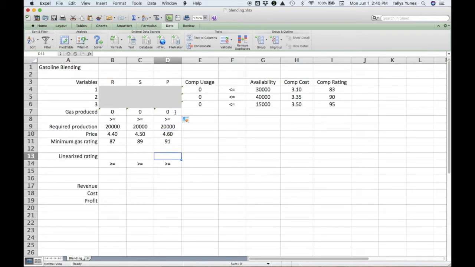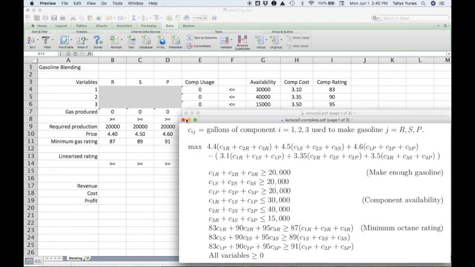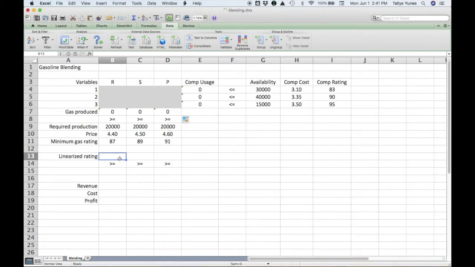Now, let's go to those linearized rating formulas. Remember that, let me go back to the math here. On the left-hand side, what did I have? I had all the components that went into that gasoline multiplied by the respective octane ratings of those components, right? And that's what I wanted to put here. So the octane rating for the regular gasoline, it's not just a sum because it's number times variable plus number times variable, etc. When I have that, I have to use a sum product because it's a sum of products. I am multiplying the